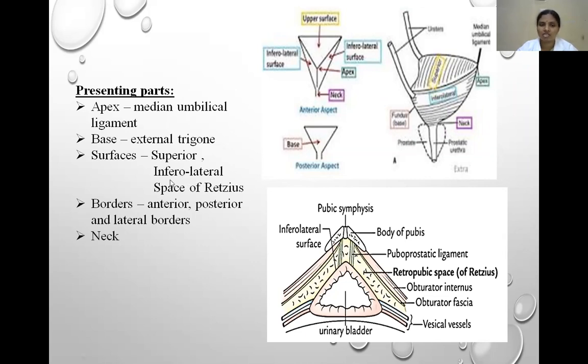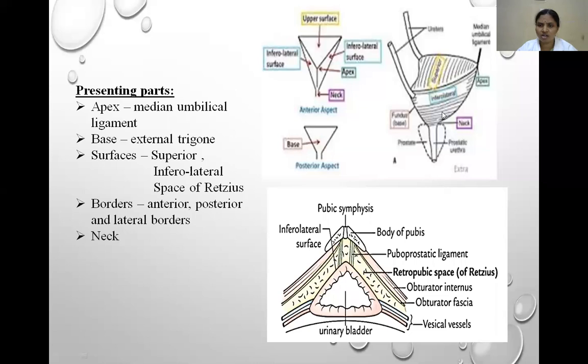Then what are the other surfaces? Two inferolateral surfaces. Here you see this is the lateral view of the urinary bladder, contracted bladder. So what is the surface? Inferolateral surface. Now a sharp border you can identify here between the superior surface and inferolateral surface. So that is the lateral border. How many lateral borders? Two lateral borders here, separating the superior surface from the two inferolateral surfaces. It is also roughly triangular in shape, the inferolateral surface, and it is convex. Then base, otherwise called posterior surface.